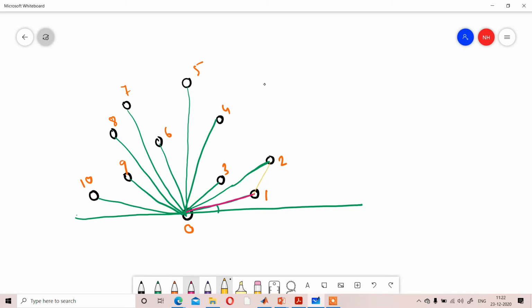Now the main condition is that you have to check, whenever you are connecting 1 with 2, whether the movement of the pixel is to the left side or the right side. If we don't connect pixel 1 with 2, the movement should be a straight line like that. But whenever we are connecting 2, the movement is to the left side. If it is a left side movement, we will consider that connection.